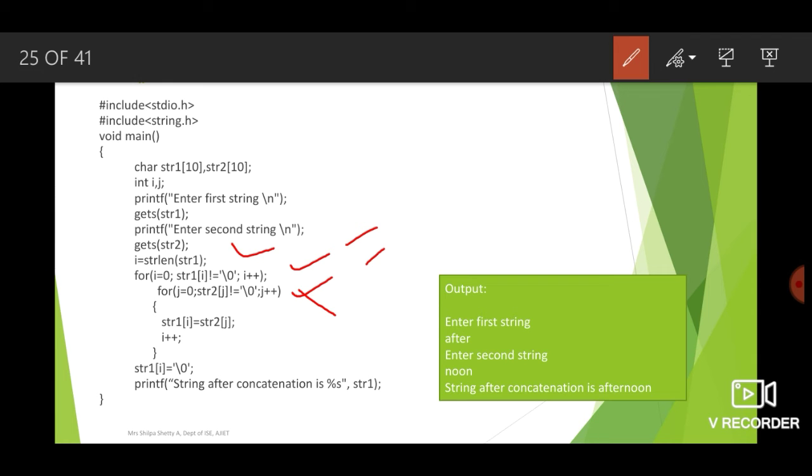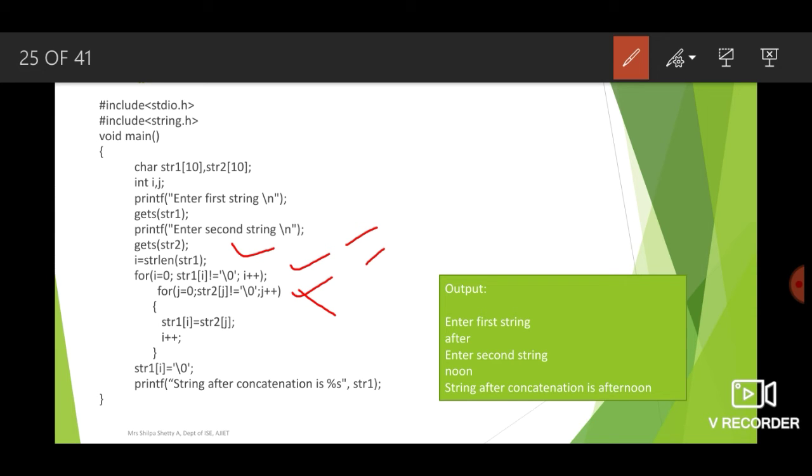So now we know where the first string ends. So now what we have to do is, the characters from the second string have to be appended one by one to the end of the first string. So we will write a for loop that traverses from the beginning till the end of the second string, that is str2.